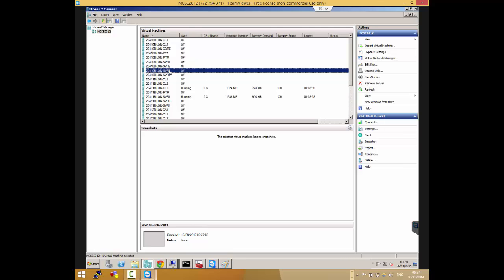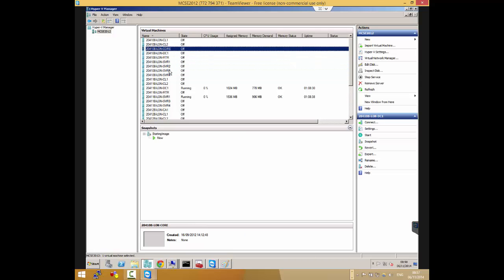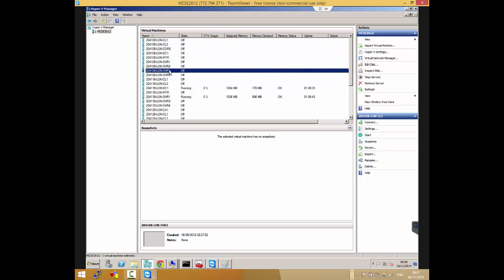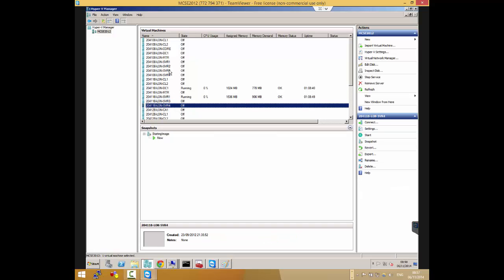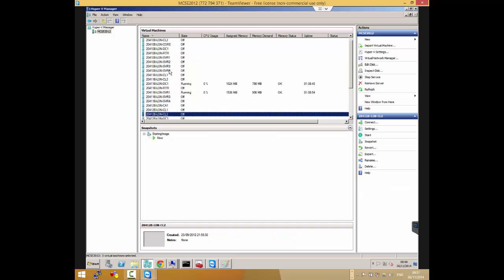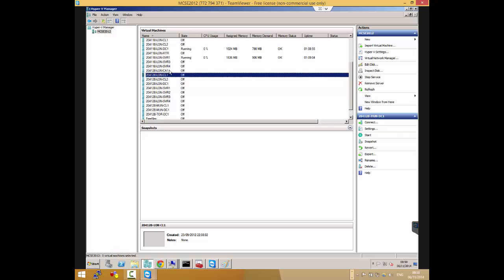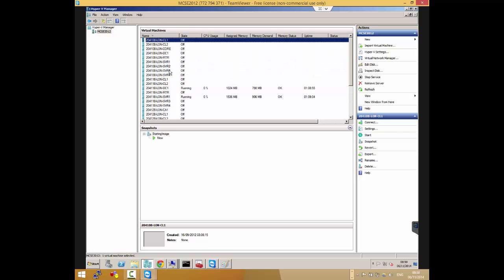2410 has 1, 2, 3, 4, 5, 6, 7, 8, so eight. 2411 has seven. 2412 has eleven. This could be the other Microsoft thing, but there's a Microsoft lab manual that I showed you with 10, 20 labs or 15 labs, and it only has like three VMs. Maximum I've seen is three VMs on it. Yeah, it's possible.